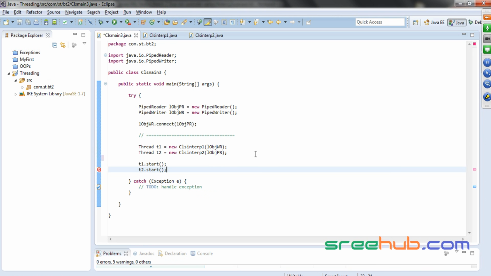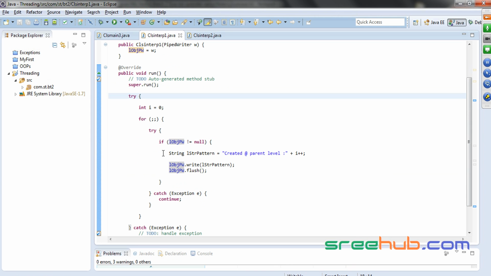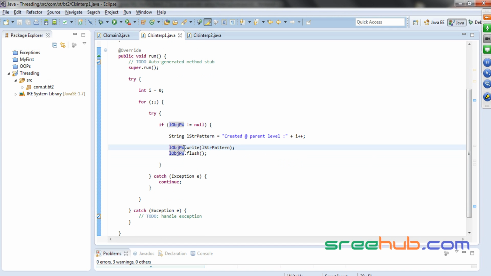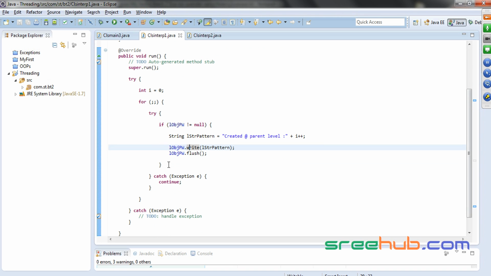Okay, so we have started both. When we start T1, it will come up, and let us see. I have a complete string pattern where we are writing something in here. We are actually pushing it to this reader, and it's flushing every time we do flush. Yeah, cool. Okay, so here what we'll do, instead of writing